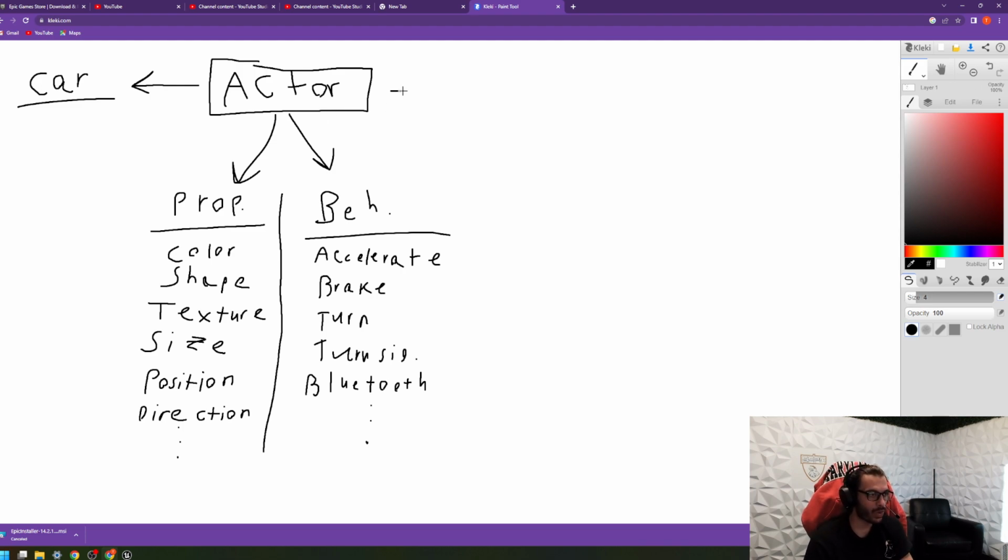So my next question is, well, how would you make this? Well, if we think about how cars are made in real life, right? We don't just have cars and that's it, a car, right? Oftentimes there are various components that make up a car. So let's go ahead and think about what makes up a car. So the various components